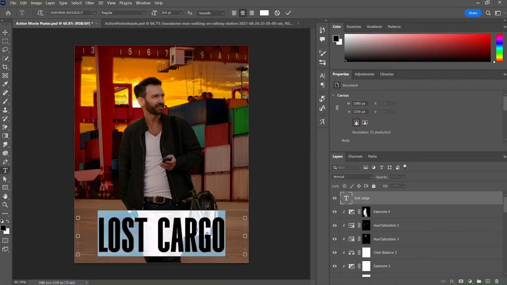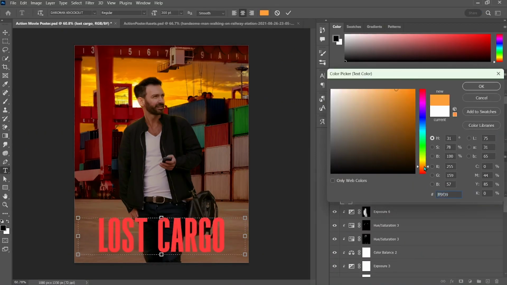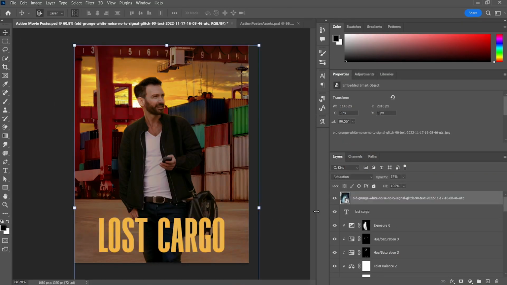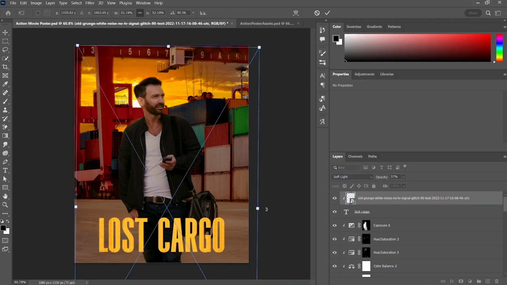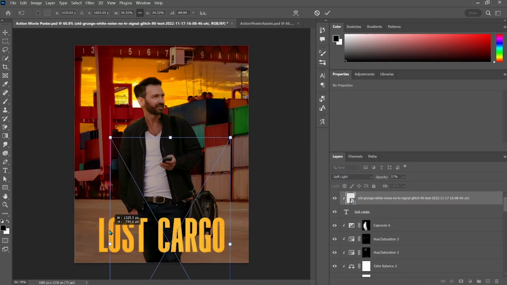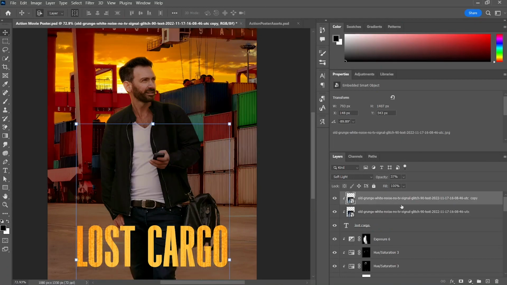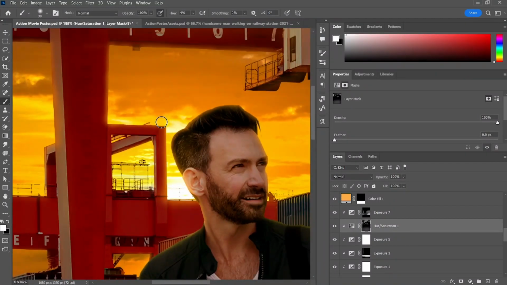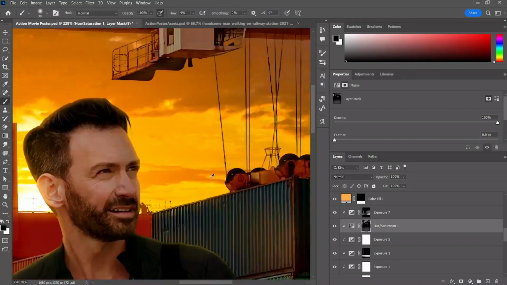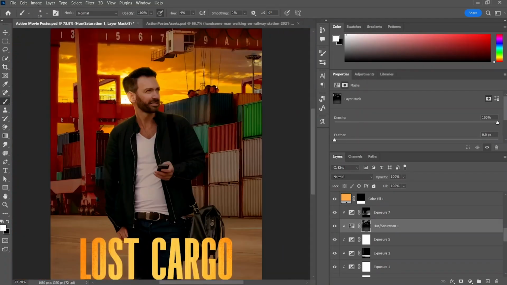I went with the movie title, Lost Cargo, and applied a TV screen texture over the text to give it some punch. The overlay added some grit to the text, but also made the middle of it much brighter, giving it some nice contrast. I kept adjusting and changing some small things in the lighting, and eventually when I was ready, I wrapped